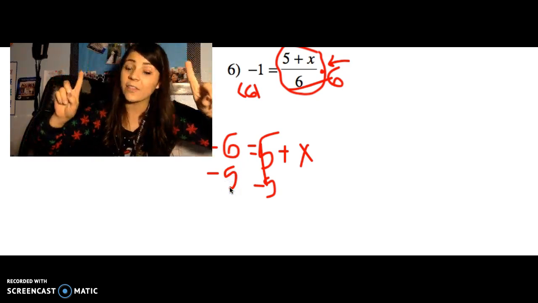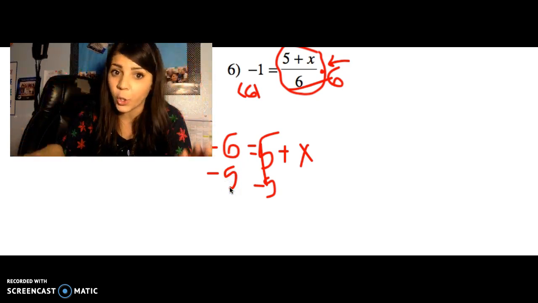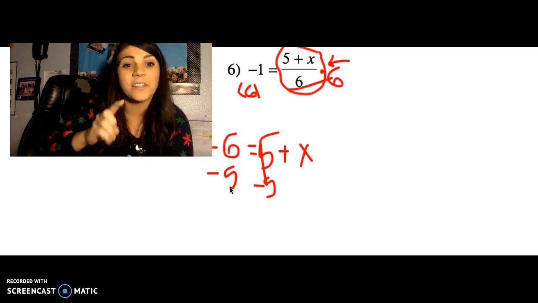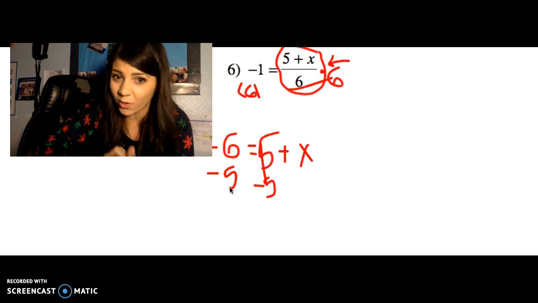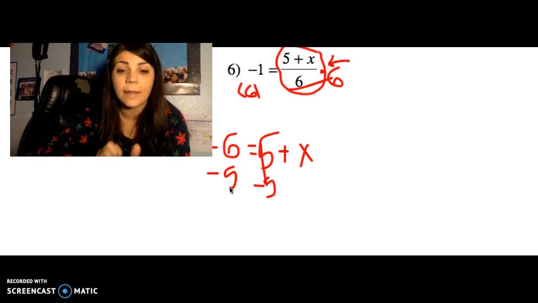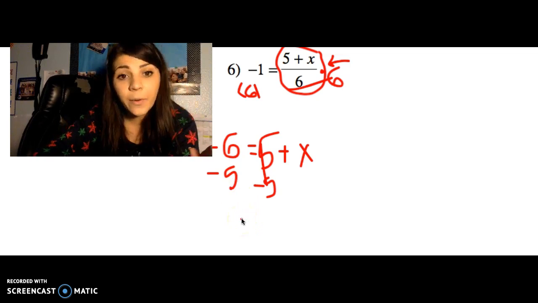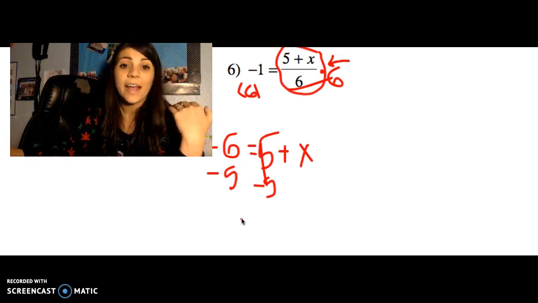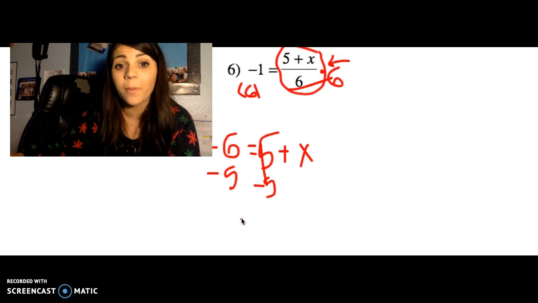Now, this is another part where you've got to learn to slow down and look at everything before you just jump into an answer. Because I know you guys know this. I know you know your rational numbers and subtracting them. When we have a negative number, that's big, subtracting another negative number, it actually turns into an addition problem for